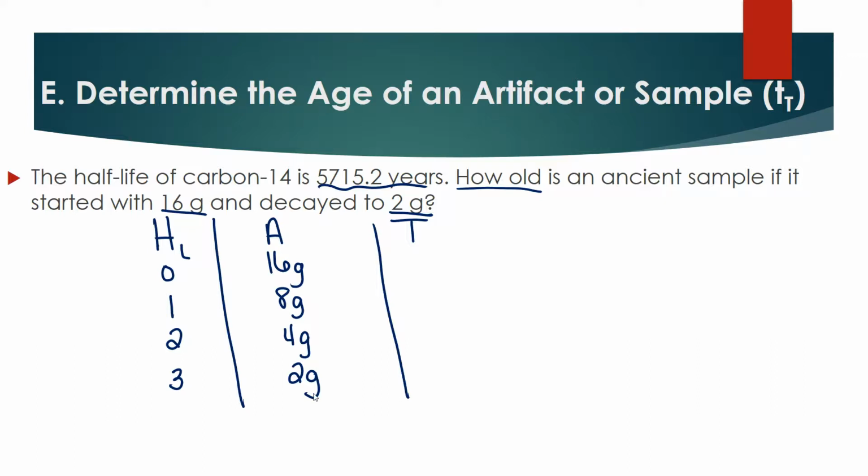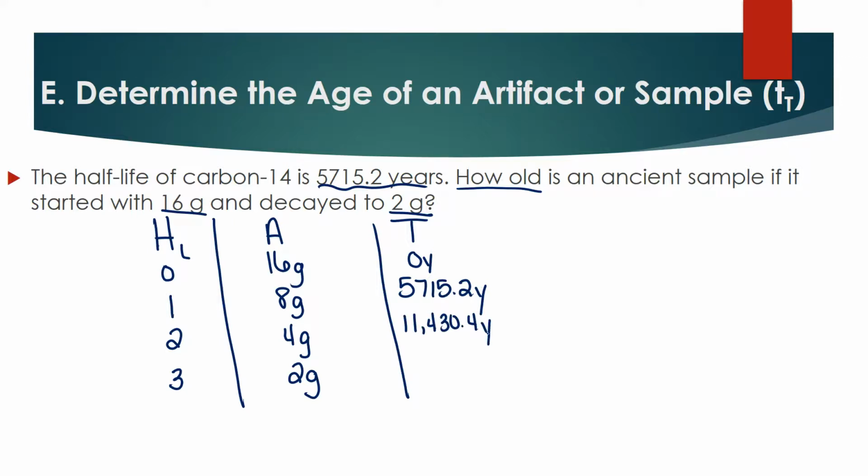So now we can figure out your time. Again, your initial amount is always considered time 0. In order to go from time 0 to our first half-life, 5,715.2 years must have gone by. So again, your amount will always go down, time will go up. So as your amount decreases, time needs to go by. So to get to our next one, we're going to add these two together. So we're going to take 5,715 and add it to itself. When we do that, we get